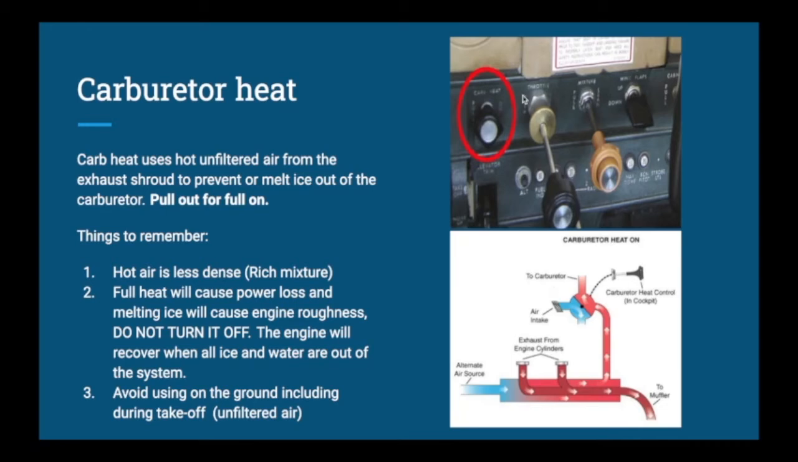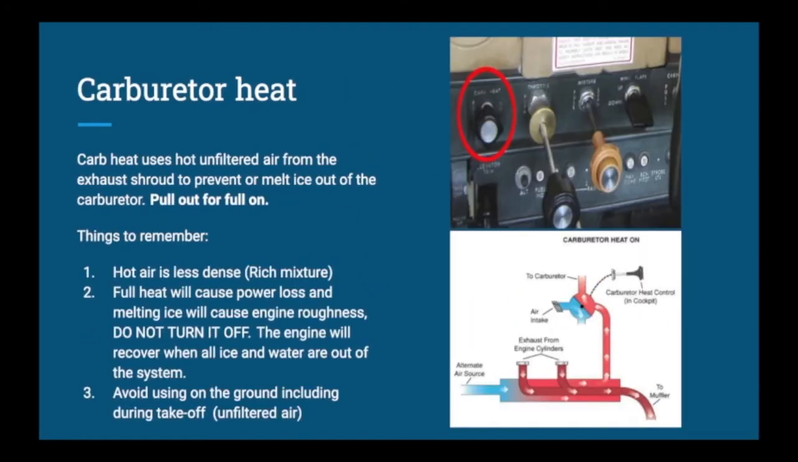Here's a picture of the carburetor heat. Generally, it's located beside your throttle. And once you pull that carb heat hot, remember it's unfiltered air. So generally, we do not use it on the ground because we don't want to be bringing unfiltered air into the engine. A couple other things to remember: